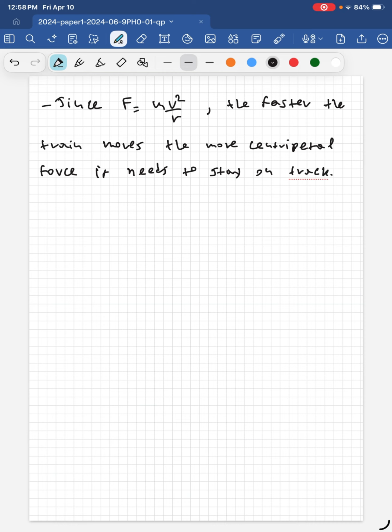Okay, there is a limit to how much force the track can provide. So there is a limit. So it might break actually. The rails, there is a limit to the force the rails can provide,